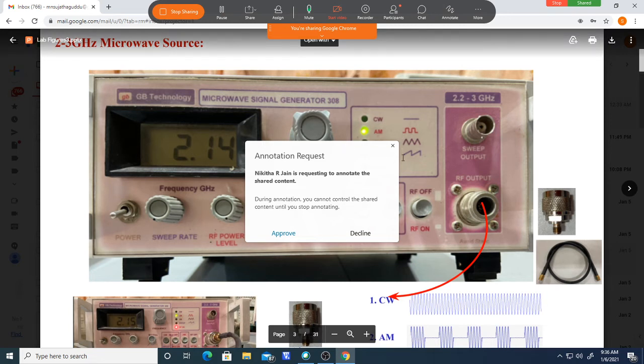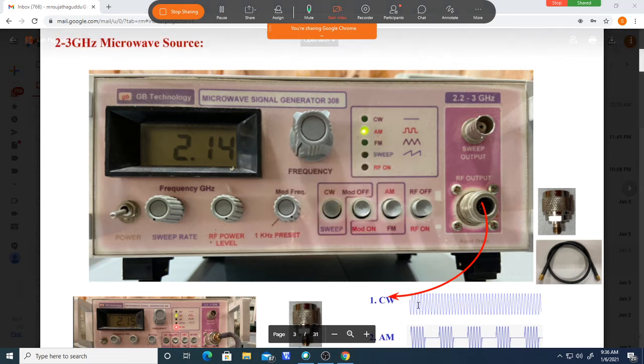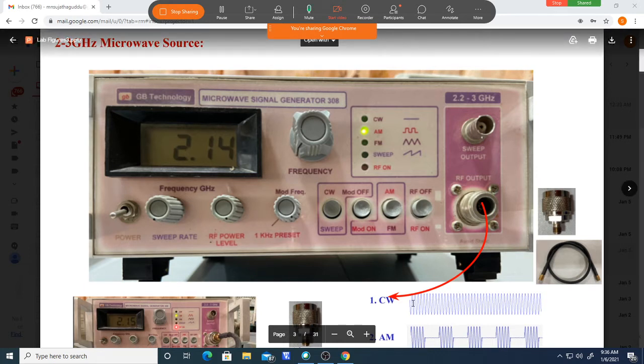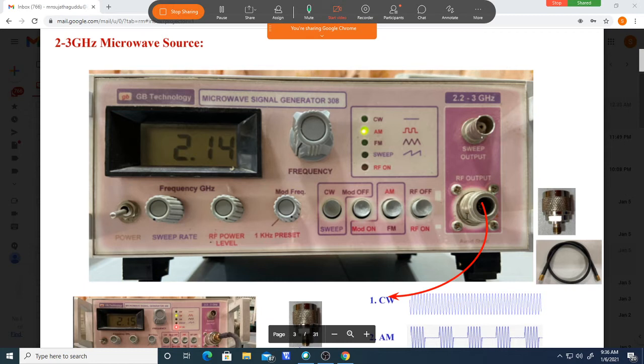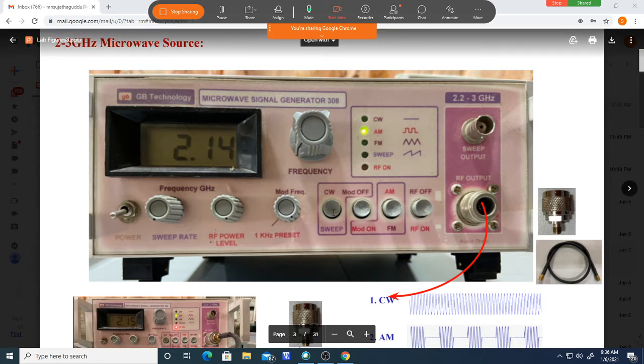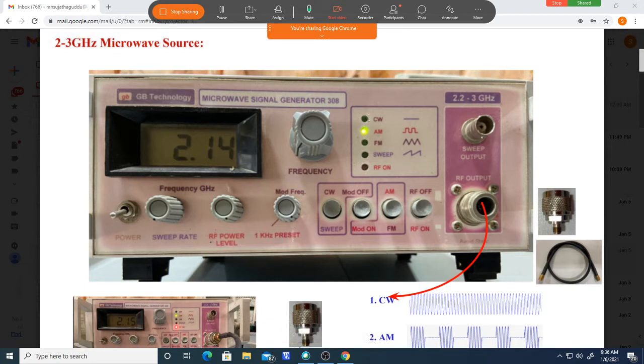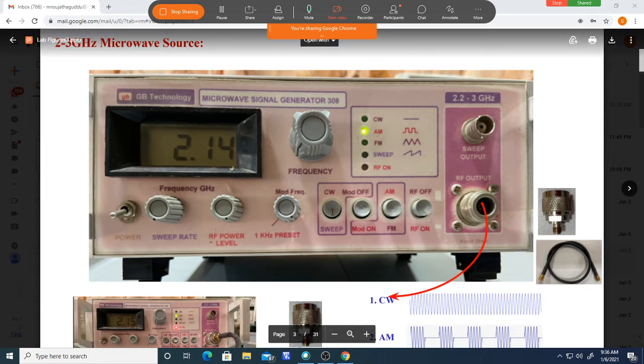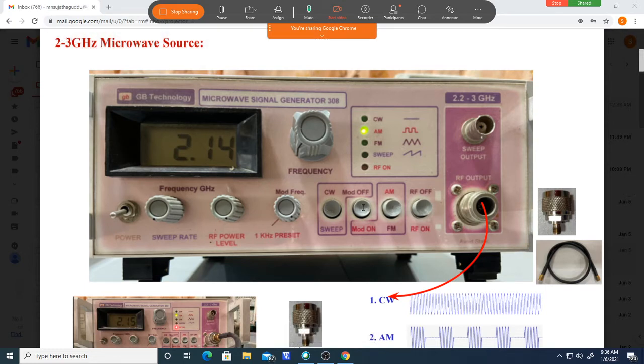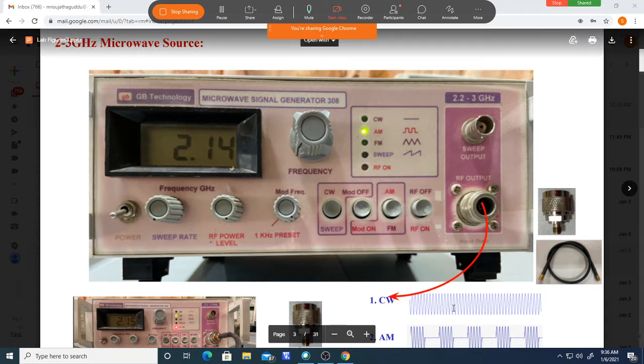Whatever frequency you set here, that frequency signal will be coming out of this. If you select a continuous wave, then this will turn on. See, if you set continuous and press the button, all the others will be released. These two will be released. You press this, you will get continuous wave here. So the output coming is continuous. This will turn on.